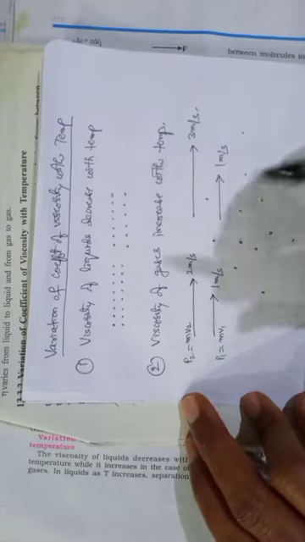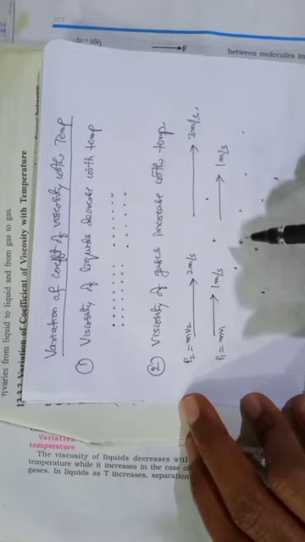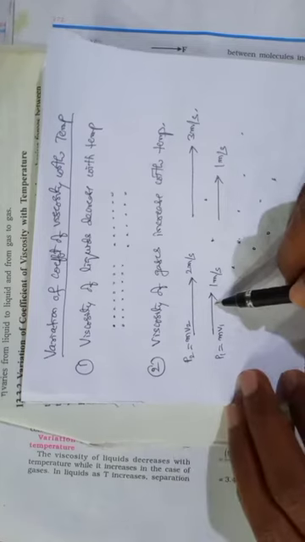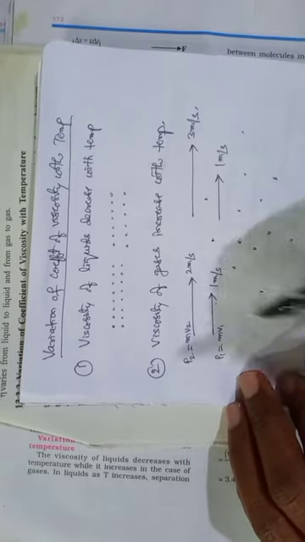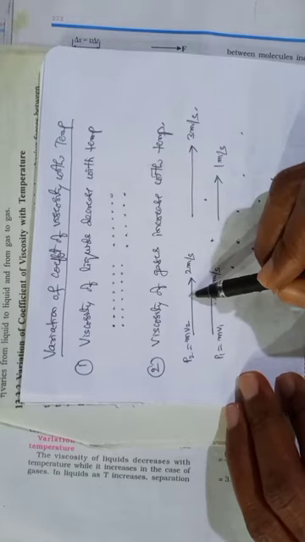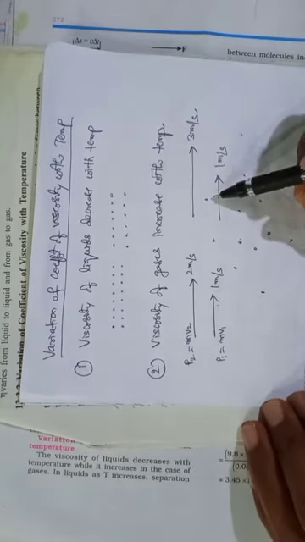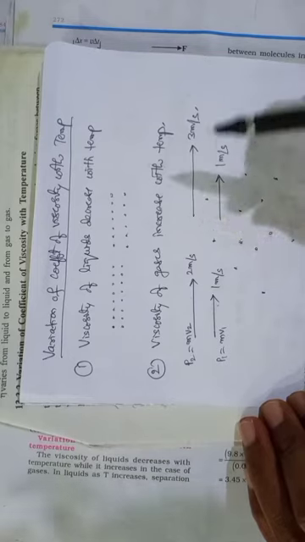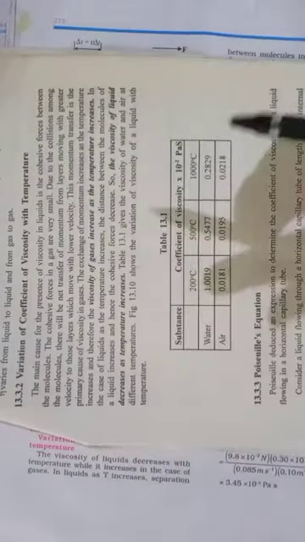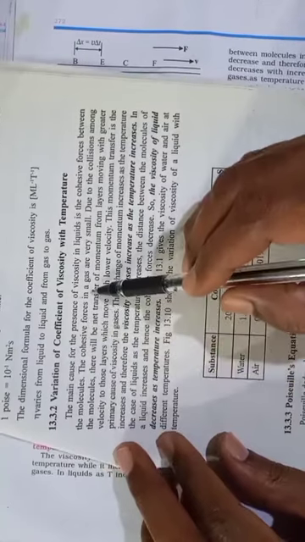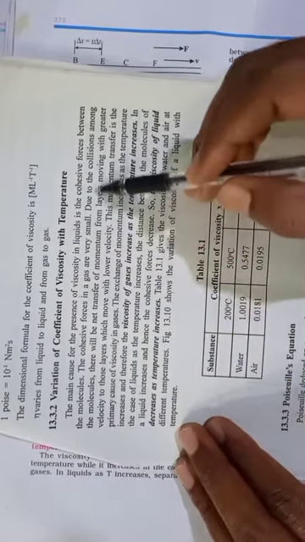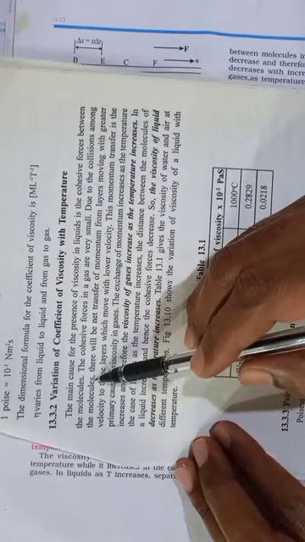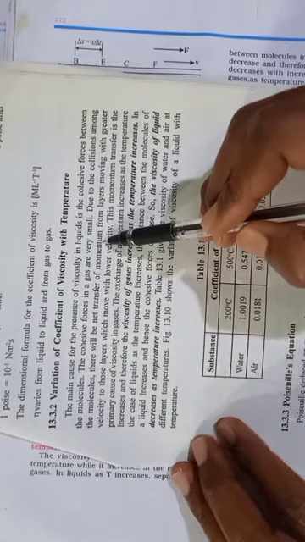So that's why here we consider momentum. This layer of air having how much momentum, this layer of air having how much momentum, like that, because the air molecules move continuously in different directions. They undergo collisions among themselves and collisions with the walls. In that way, let us once look at here. The cohesive forces in a gas are very small. Due to the collisions among the molecules, there will be net transfer of momentum.